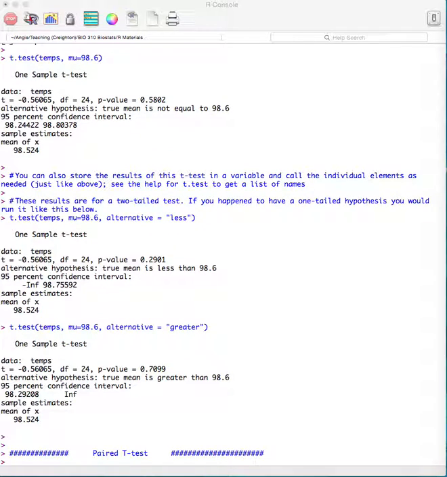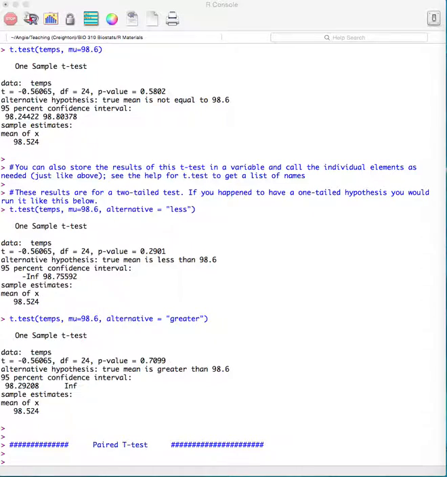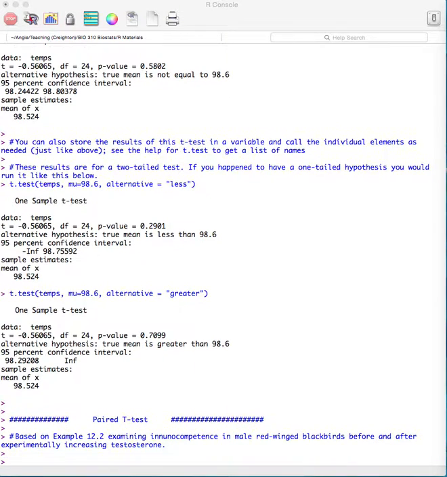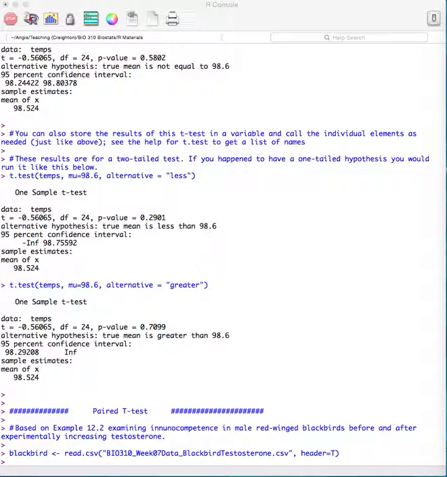And the next thing that I'll go through with you is a paired t-test. So this paired t-test that I'm walking you through, this is example 12.2 on page 330 of your textbook. And in this example, we are looking at immunocompetence in male red-winged blackbirds before and after they have been experimentally given additional testosterone. Okay? So if we pull in our data, here I am defining a data frame, blackbird, and